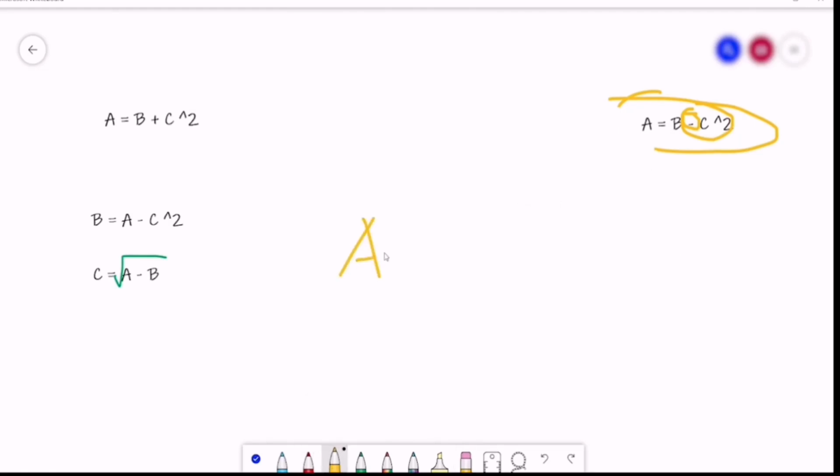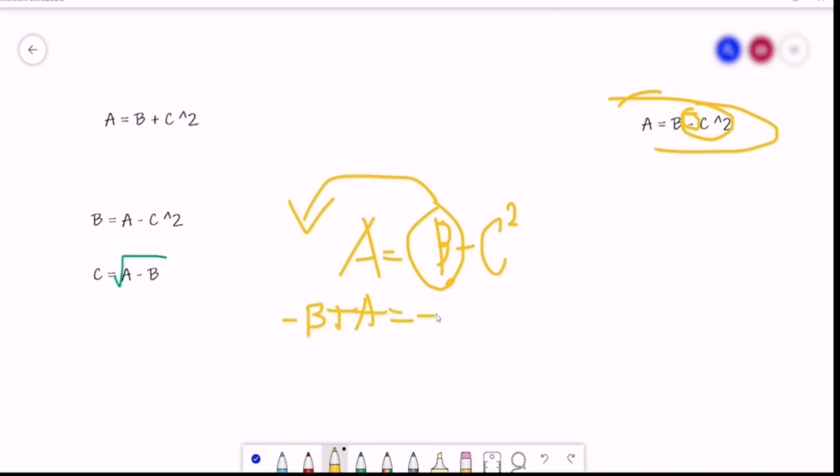We have here A is equal to B minus C squared. And then we move B towards the left side of the formula. We're going to have negative B plus A equals negative C squared. So since we cannot square root that, what we have to do is to divide both sides by negative 1 first, and then right after that square rooting it. So eliminating all those negative signs, having a change of signs here in the numerator. Since one would be negative,